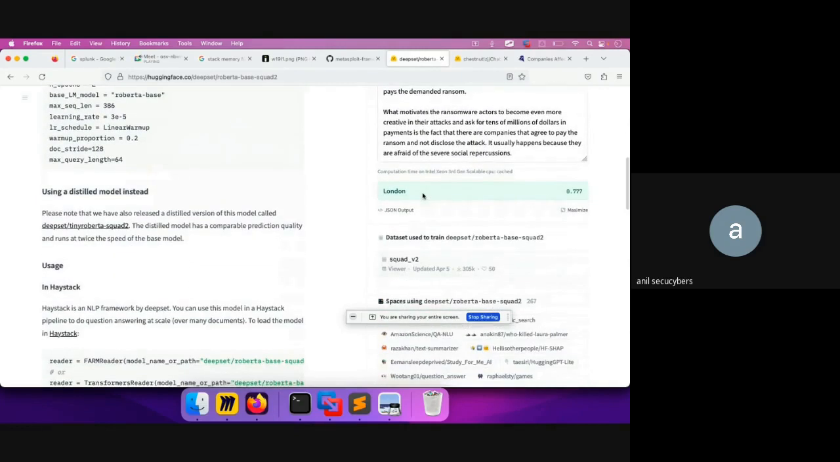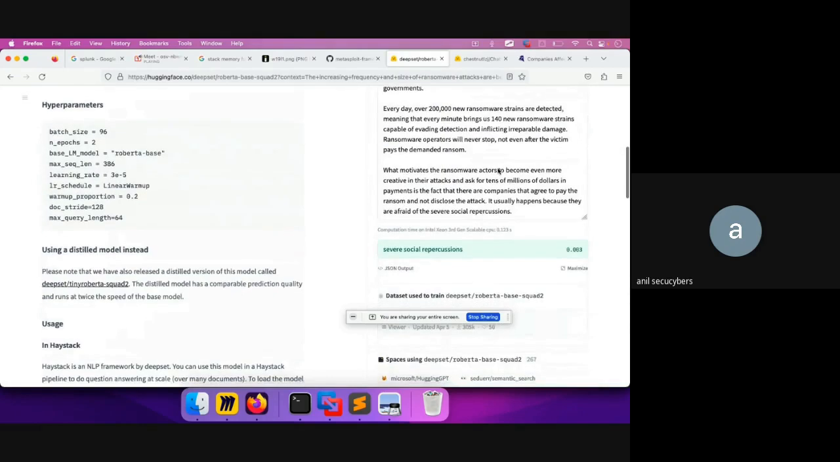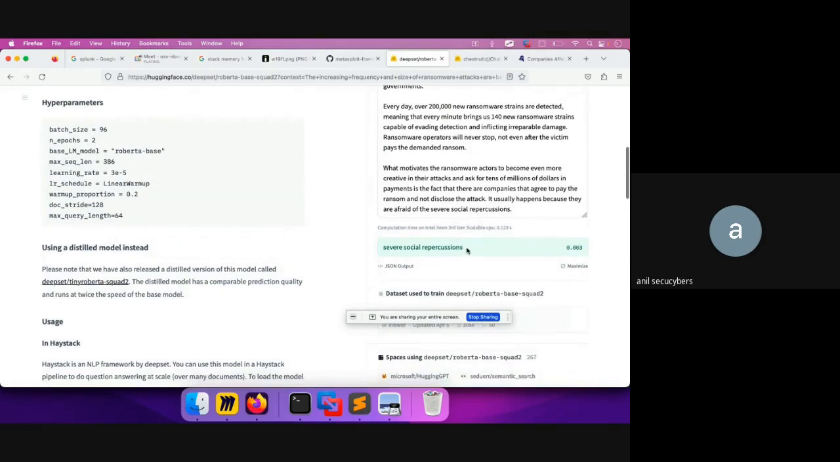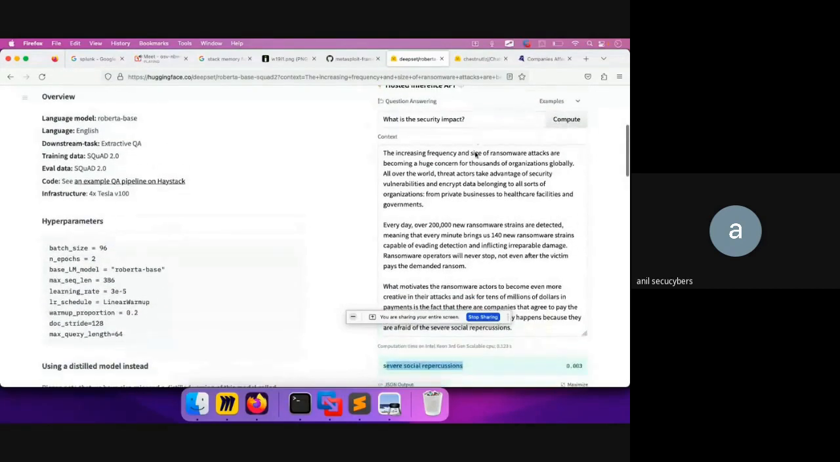Okay. So this is the whole data of the incident that I am handling, and suddenly the client asks me what the security impact is. Rather than answering the client manually, I'll just feed that data to this model, and it will give me the answer: severe social repercussion. Okay. So you can ask a lot of questions, just like a normal user. Okay, and it says